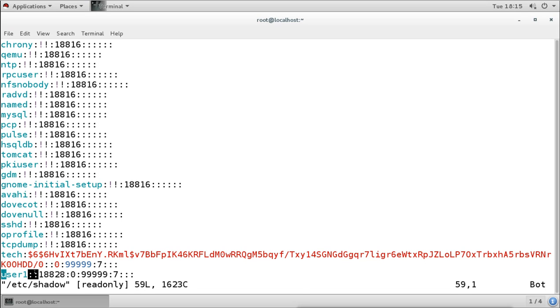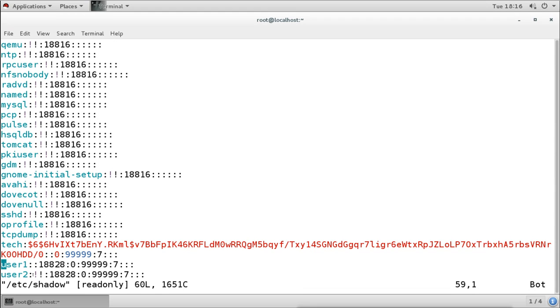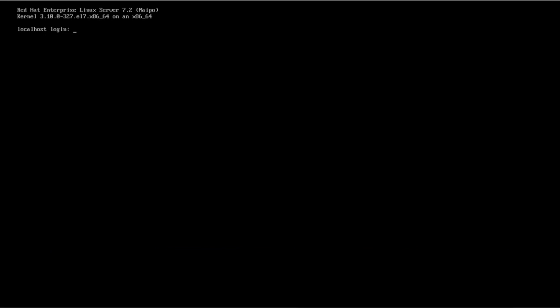But you will say when we create a new user, that user also doesn't have a password. For example, I will create a new user here, useradd user2. Now we have not configured any password for this user, so still in the shadow file there is no password for this user also, no hash, but still it will ask the password. If I try to log in with this user account, user2, it is asking the password, and I don't have any password.